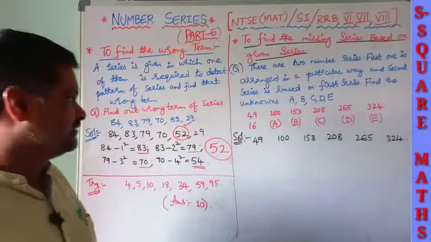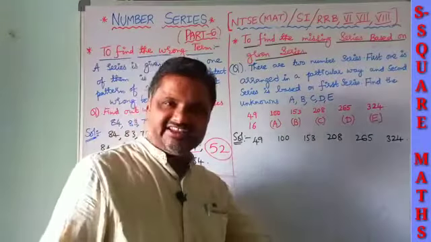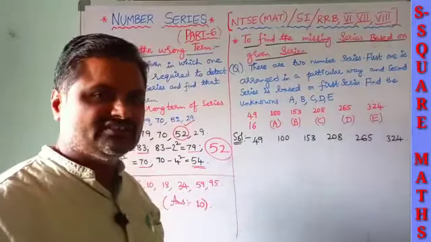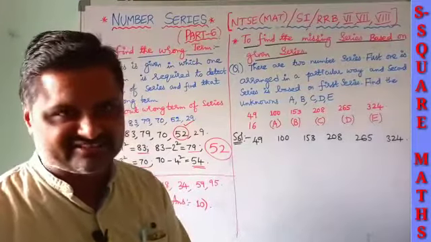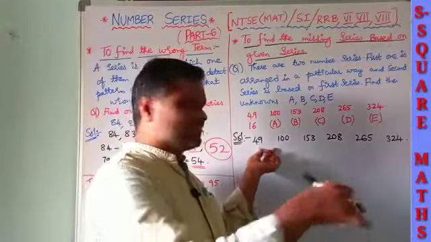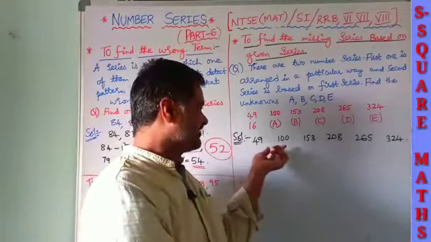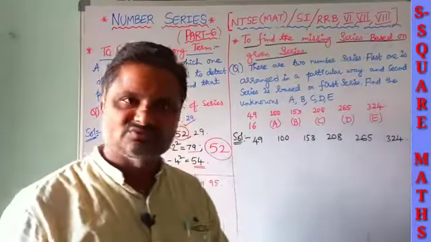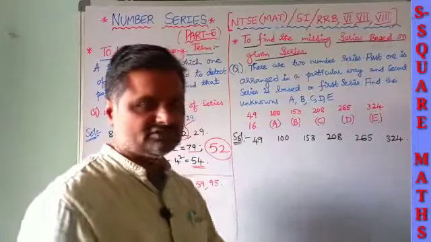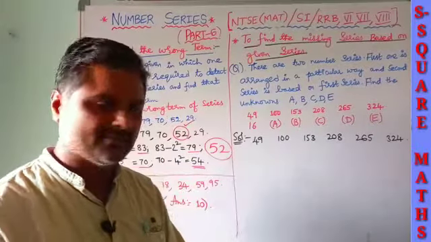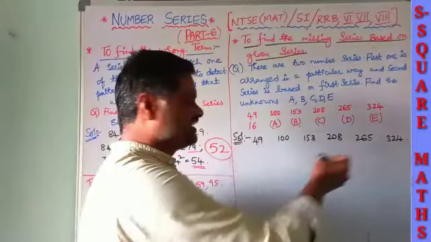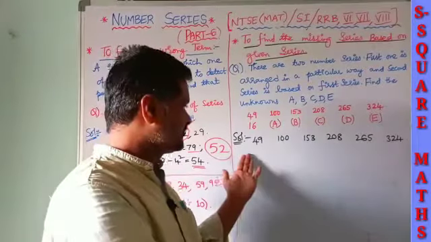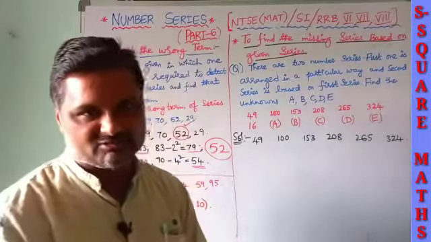Okay. Now, if you observe very carefully, there is no need of confusion. Let us go for the trial and error method. Just like 49 into 2 is 98, but here we have 100. Okay, 49 into 3, you are not going to get the required third term. So into 3 is not possible. Suppose if you go for division, 100% it is not possible.